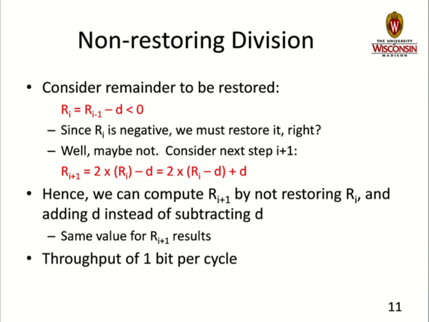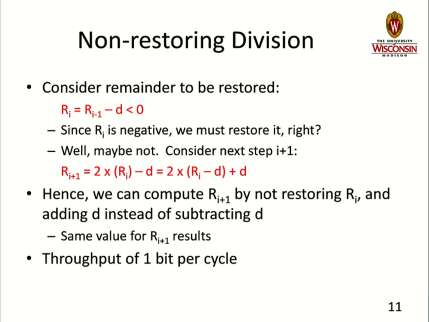If we think about what happens in the next step, i plus 1, the value r sub i plus 1, which is the remainder in the next step, is going to be the remainder from the time step i, r sub i, shifted left once, so that's the same as multiplying it by 2, and then subtracting the divisor from it. Well, if we rearrange the terms a little bit and rewrite this, we see that that's actually 2 times (r sub i minus d) plus d. Now realize that after the failed check in the previous time step,